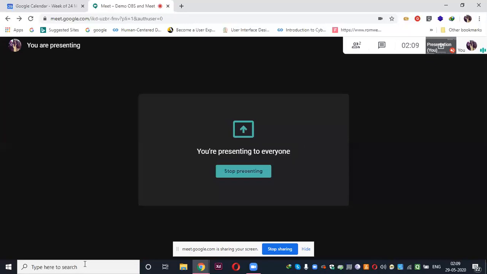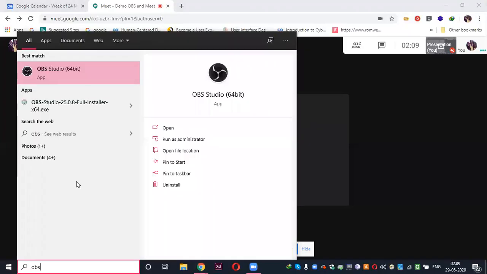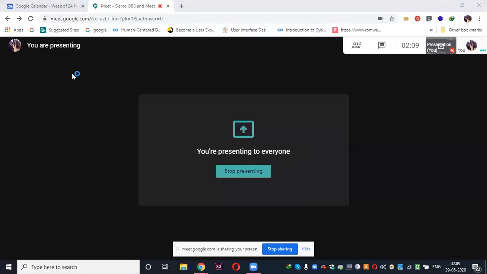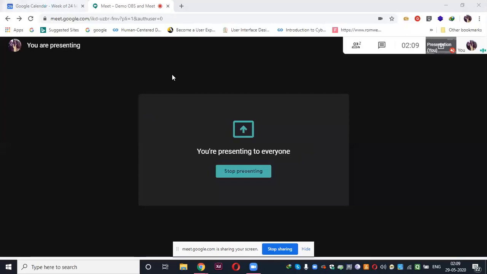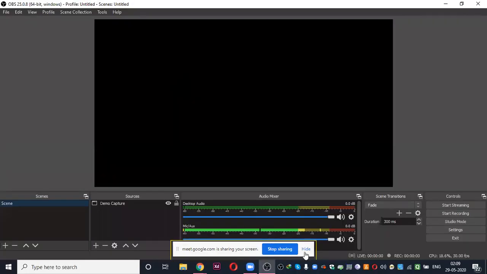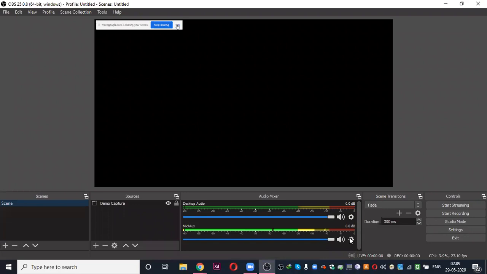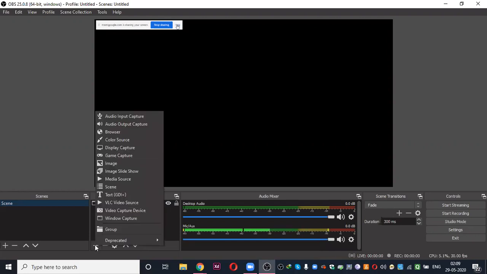So I'll just go to my OBS and start it. As it's starting, okay, it started. First thing, I'll go to this source part and click on this plus button over here and choose Windows Capture.